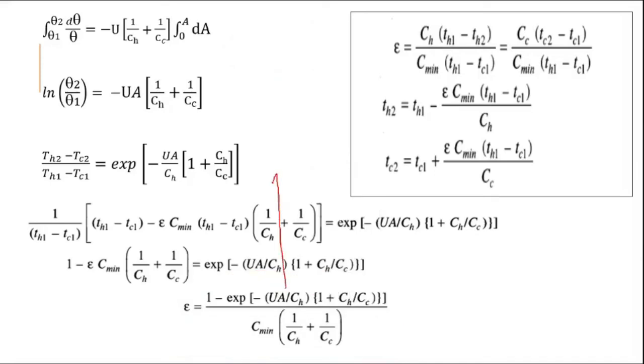Area, since you are designing the heat exchanger, you can control what area you want to use. Again, capital CH is the product of mass flow rate and specific heat for the hot fluid. The flow condition and which fluid is entering the heat exchanger are also known. So capital CH and capital CC values will be known to you. Since CH and CC will be known, this C minimum value will also be known. So whenever you go to design a heat exchanger, you can find out the effectiveness of the heat exchanger. This can be determined in advance.